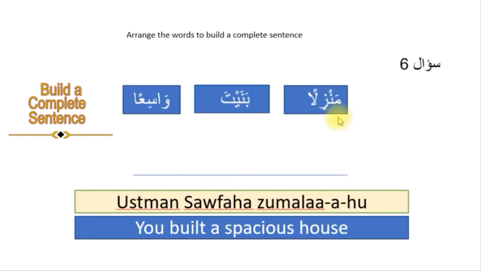Manzilan, a house. Banayta, you built. Wasi'an,